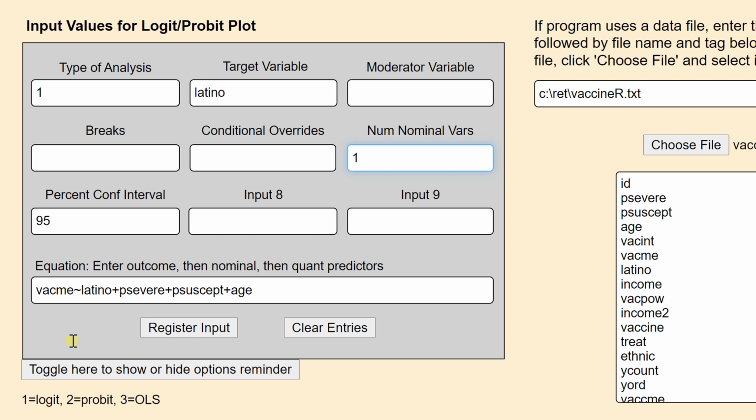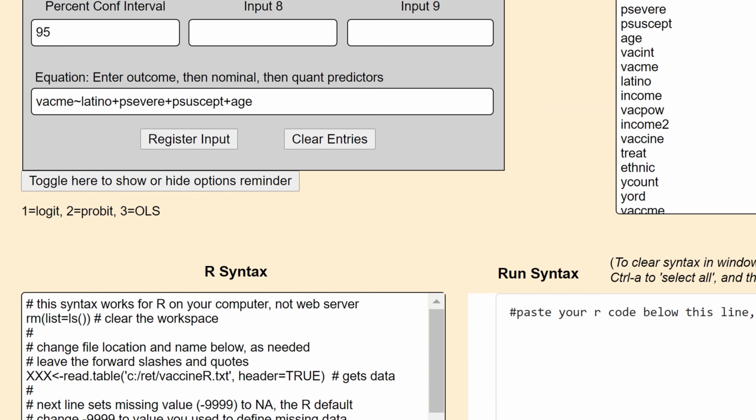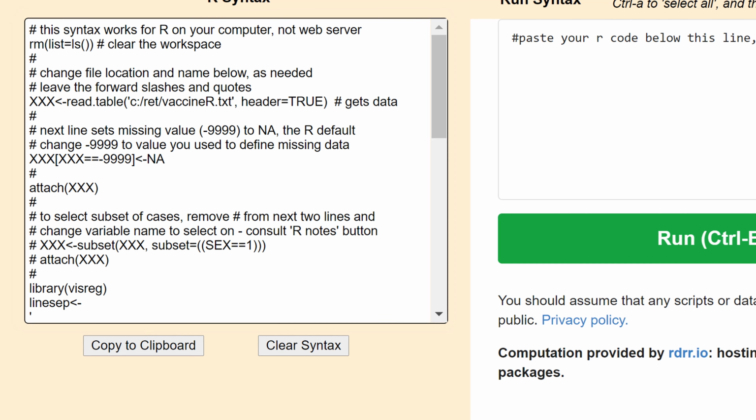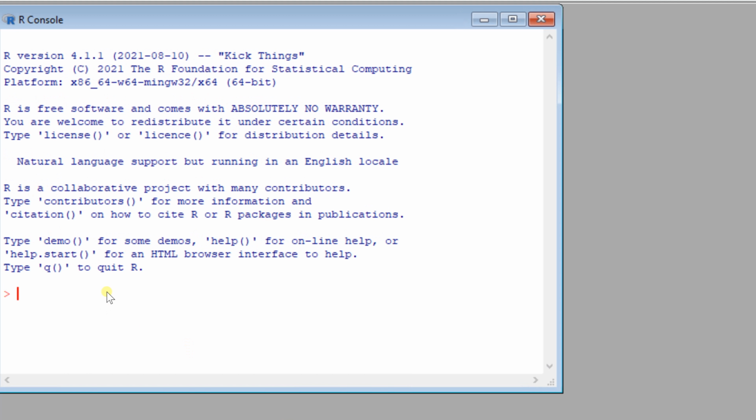And the reason is that the program's going to convert this to a factor in R. It's going to automatically generate the dummy codes for you and then run it in the equation. Now this is a binary nominal variable, 1 if you're Latino, 0 if you're not. And so I'm going to analyze that using Latino as my target variable, and we'll see what the output looks like for that. I hit register input to generate the syntax. I copy that to the clipboard. I open up R. I'm going to hit Control V to paste it,